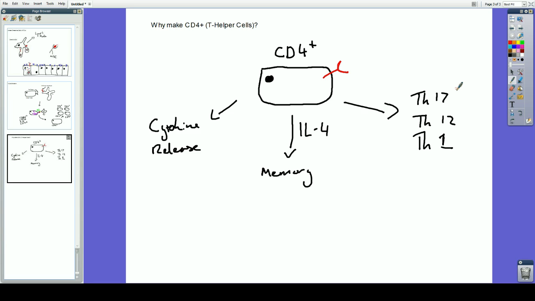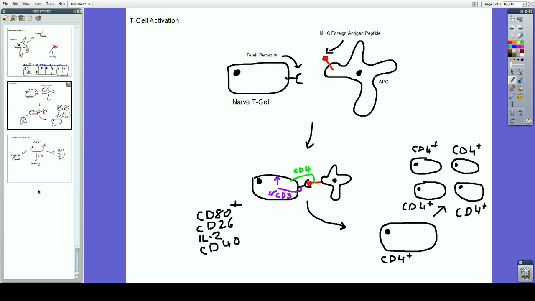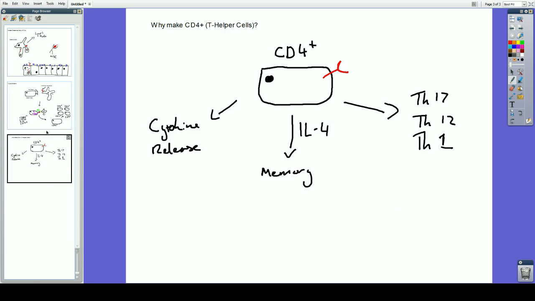These memory T cells are really potent, so next time this kind of infection comes around, the response is much faster, because these memory cells are here, you don't have to undergo this entire process again. As soon as they interact with that antigen, they're ready to go, and they've obviously been effective because they've survived the last round. So that's all about CD4 cells. Obviously I've said CD8 T cells are another common one made by this pathway, but